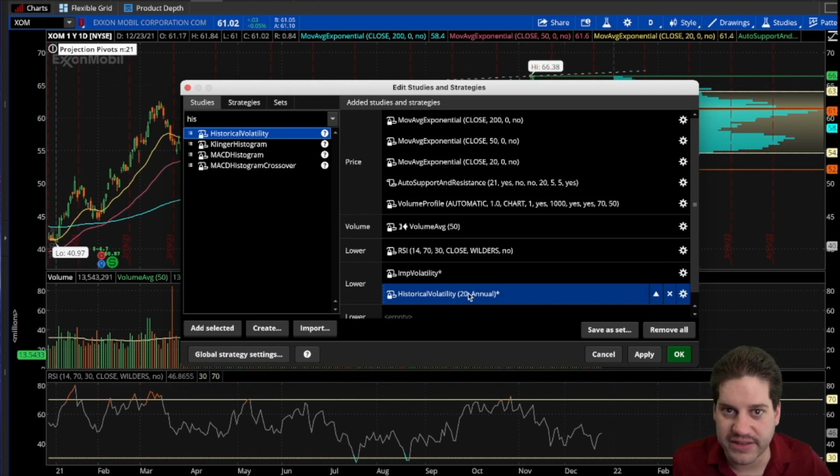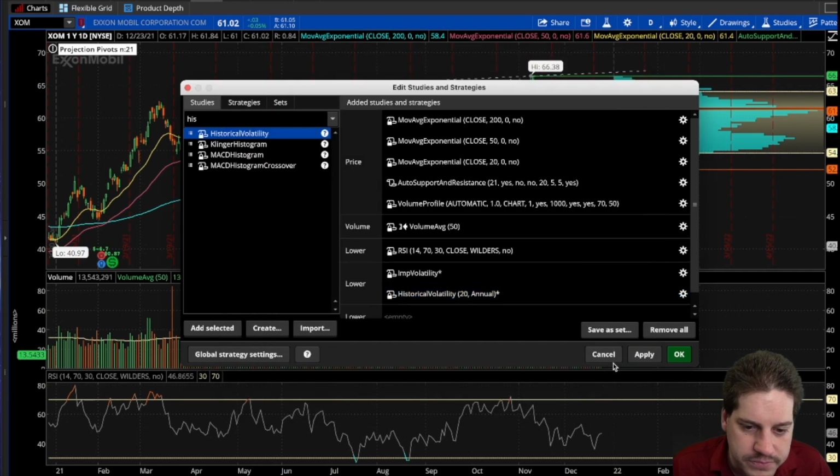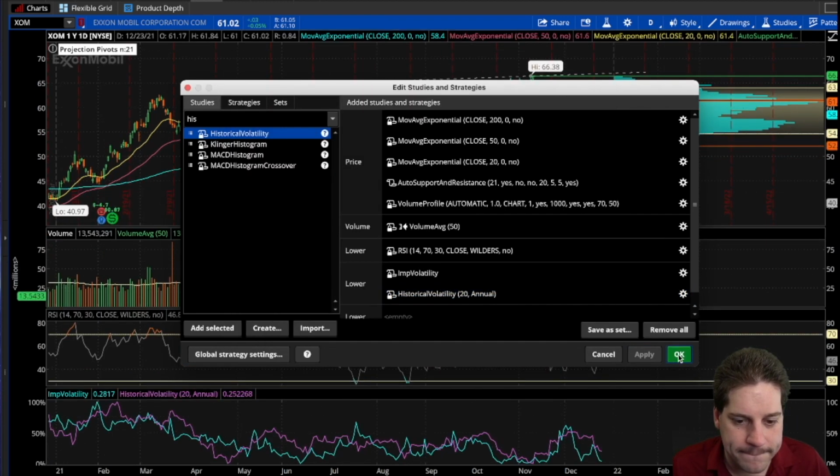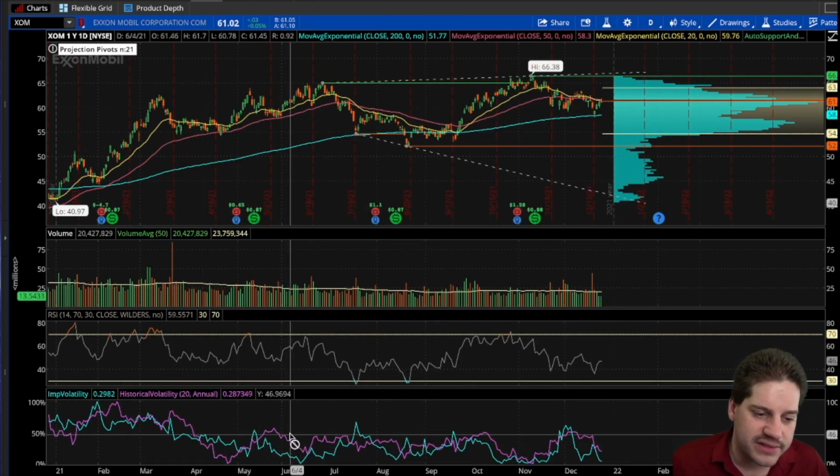If you want a shorter thing that follows more current trends, you can click this gear icon and change the length down to whatever you want. So if you want to just do the last 5 years so you stay on more current trends that are happening with the stock, you can do that. I'm going to go ahead and click Apply. And now you're going to see a new graph come up in the bottom here, and this is your implied